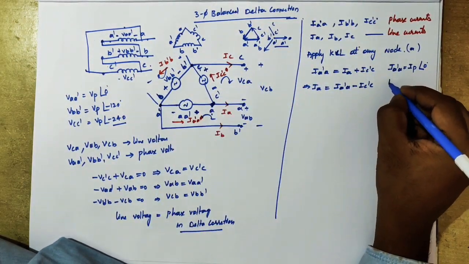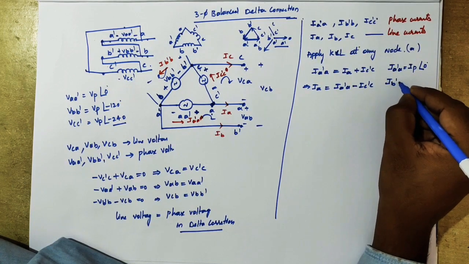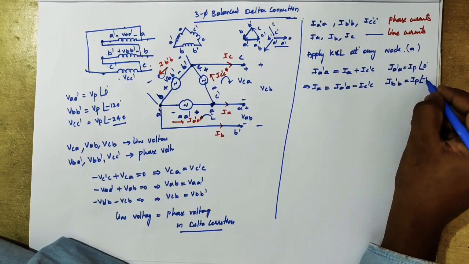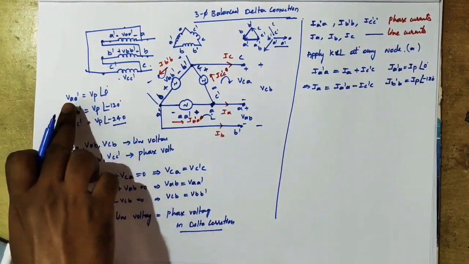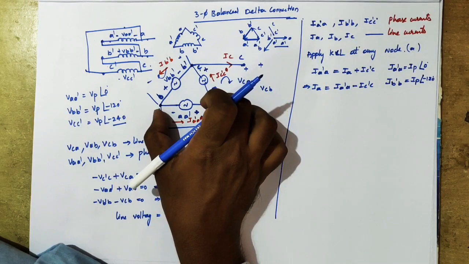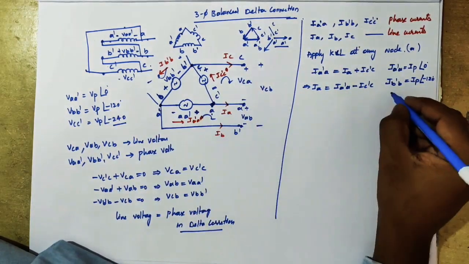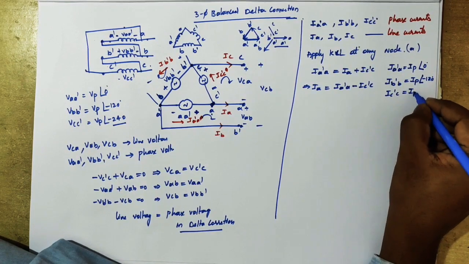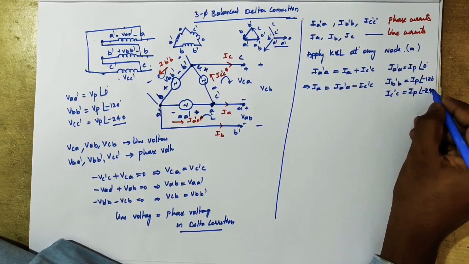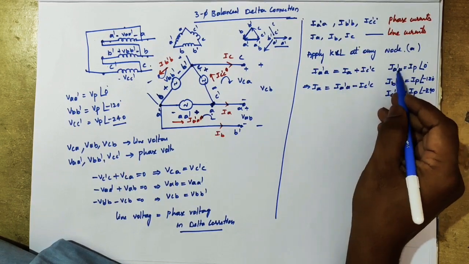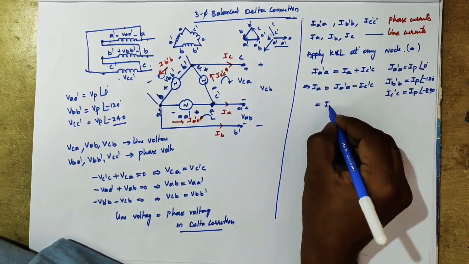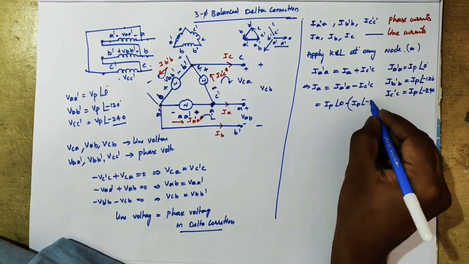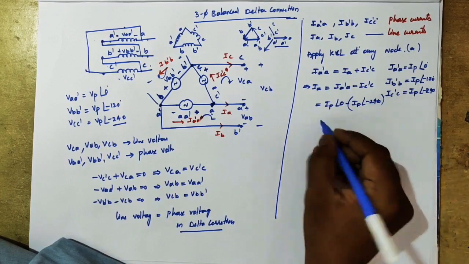Okay, so I B dash B equals I phase at an angle of minus 120 degrees. The same applies here, and that means whatever voltage is developed is in phase with the currents. Okay, I C dash C equals I phase at an angle of minus 240 degrees. So represent this I dash like this. Therefore I C dash C equals I phase at an angle of minus 240 degrees.